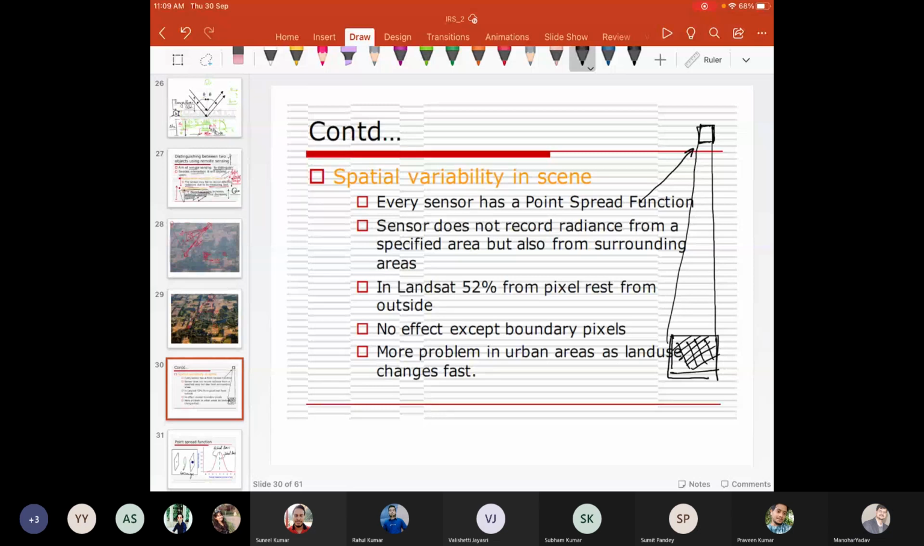So what happens over here when this particular sensor sees this ground resolution cell,